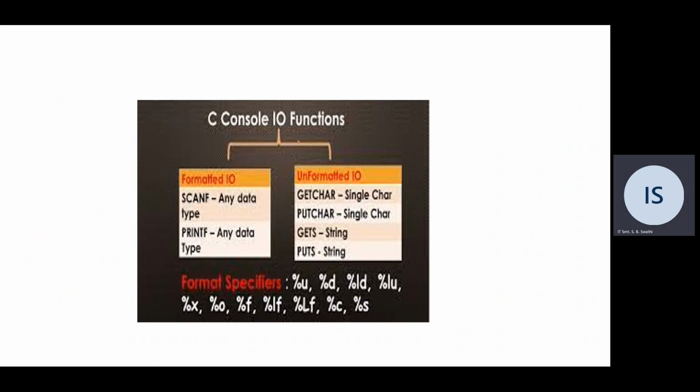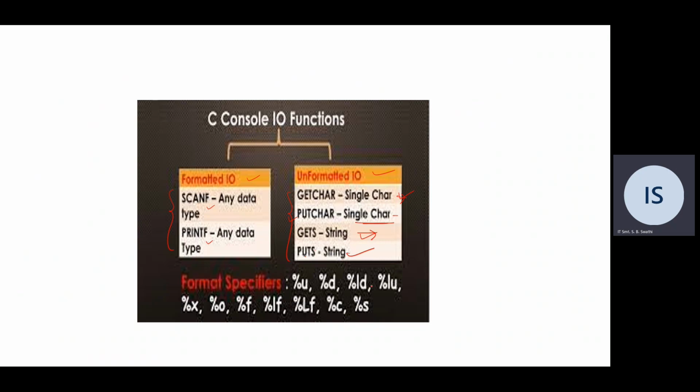So these are the different IO operations or IO functions. All the input output functions are categorized into two types, that is formatted input output and unformatted input output. In formatted input output, we use the statements scanf and printf. In unformatted, we use four functions: getchar, gets, putchar and puts. getchar will take only one character from the keyboard and gets will take multiple characters from the keyboard. Similarly, for displaying, we use putchar and puts. putchar will take only a single character to display on the screen, and puts takes a group of characters to display